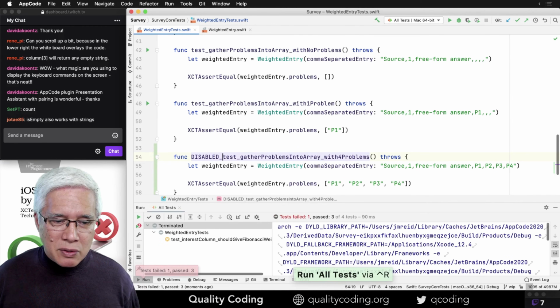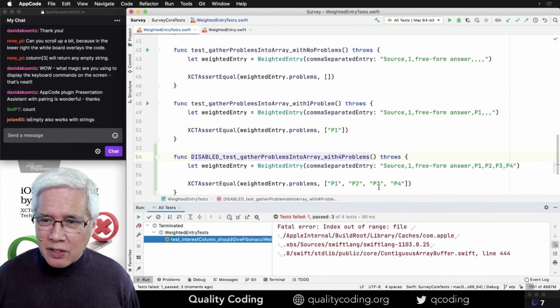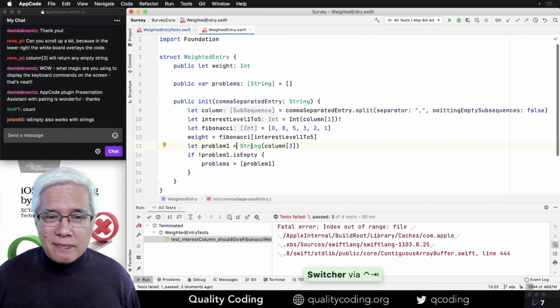Instead, let's get back to something is wrong here. Index out of range. All right, I'm done messed up. It's out of range because in my examples here, I didn't have that many columns.